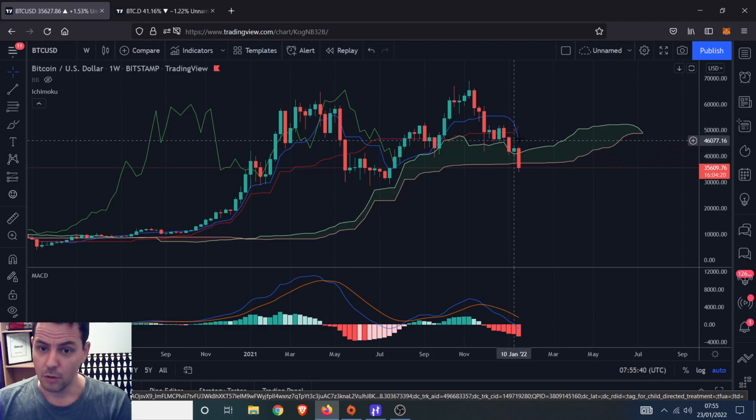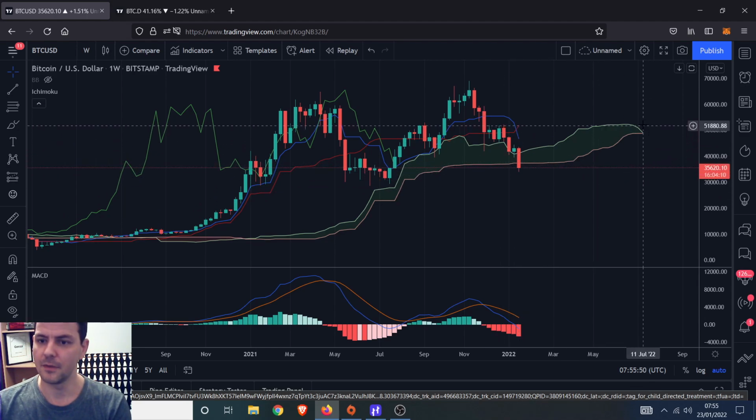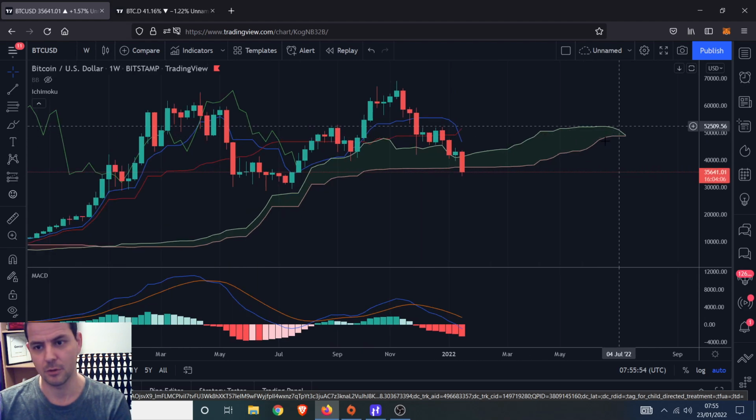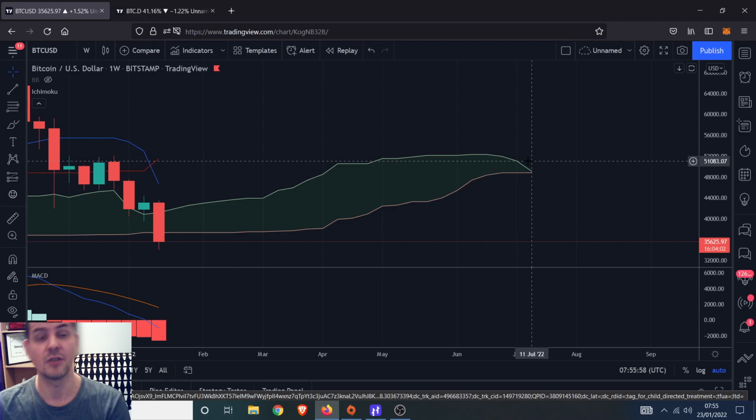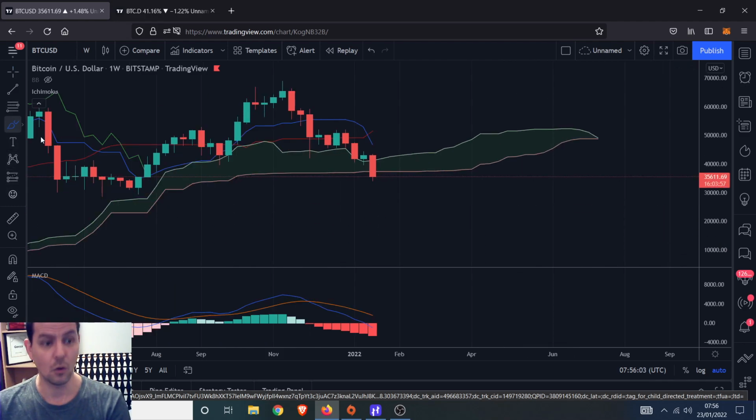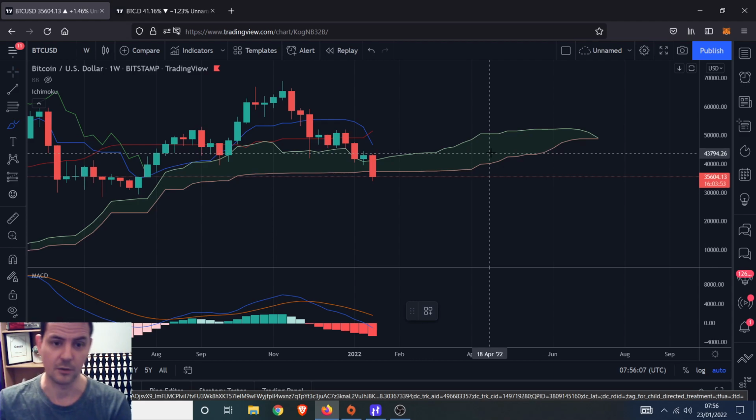So we've got the cross, which is one thing. We've got a closure, which would appear to be almost guaranteed below the cloud. This portion of the cloud would need to flash red. So it would be a portion of the cloud going red, and that would happen when these two outside areas of the cloud cross, and you would make a red portion of the cloud. So there's 4 components to this indicator for the big short signal. That's what it would be.